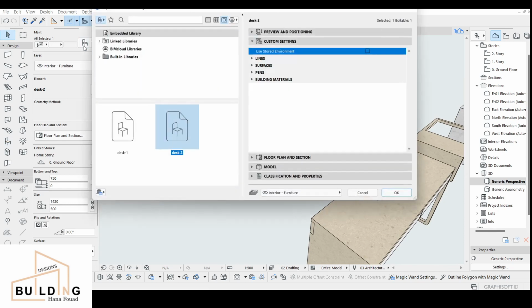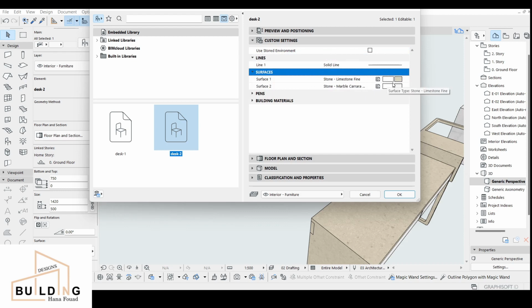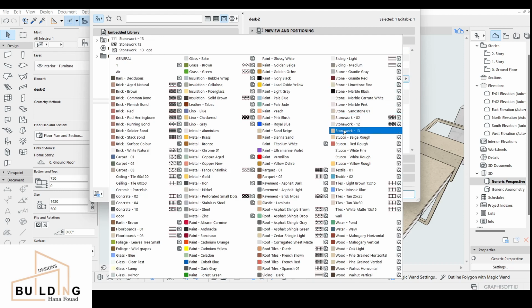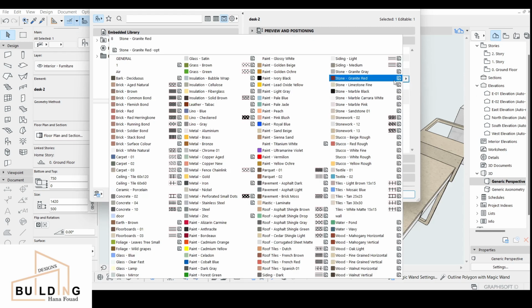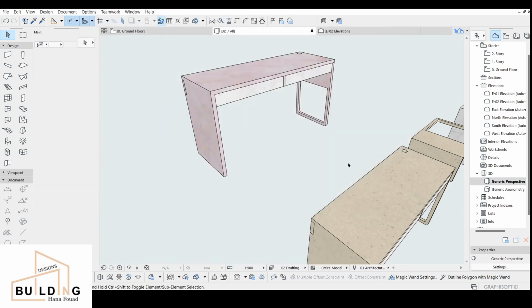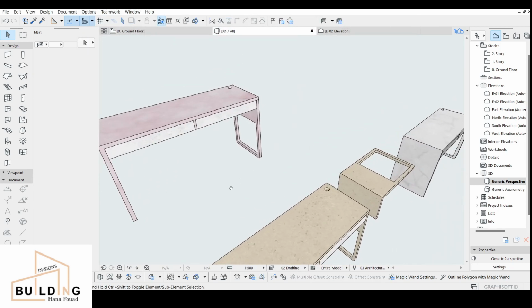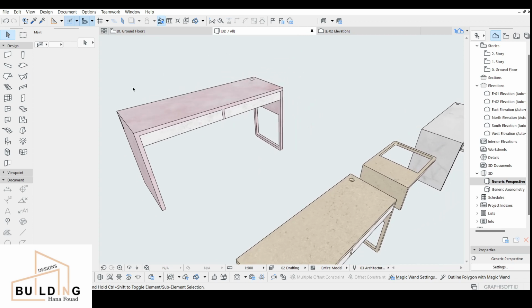And you can work with the colors, guys. It's very easy and simple. Like for example here, the surface, if you want to change it. If I don't like the limestone, because I'm still thinking about it, I'm going to go with maybe marble black, or just something else, pink. And this is how it looks like. You can work on it in an easy and simple way. And don't worry about the back part unless it is important for you to show the client